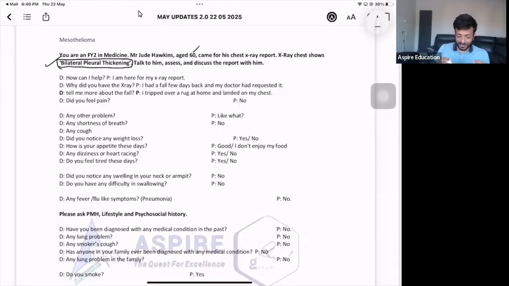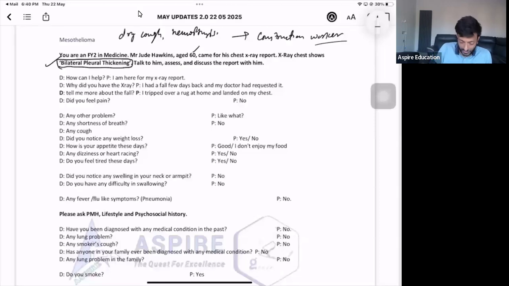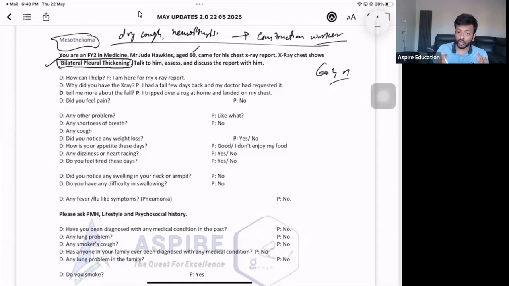Another scenario, this mesothelioma is coming. The patient is having dry cough. Later on, patient will tell you about hemoptysis as well. And this patient is a construction worker as well. Again, they're not giving much of cancer symptoms positive. And this patient, again, 60 years. So again, please think about mesothelioma only. So there are the two different ways this scenario is coming in the exam.